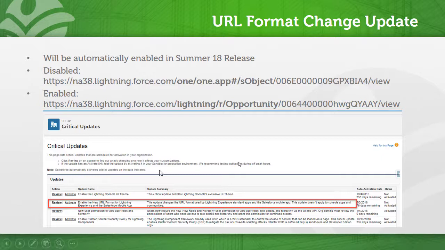There's also a URL format change that's coming, and this is automatically going to get turned on in the summer release, and you'll be able to see that if you go check your critical updates inside of Setup. And as you can see with it disabled, the URL will follow this sort of format here of